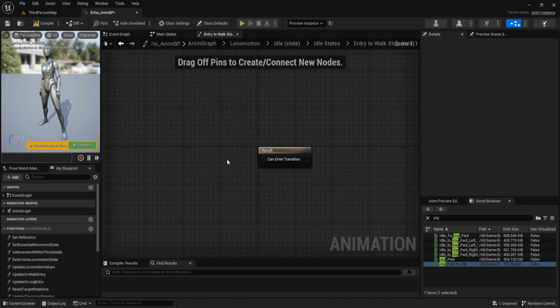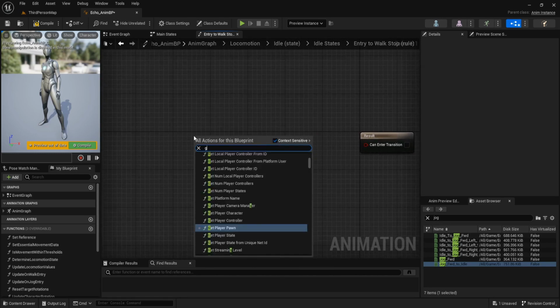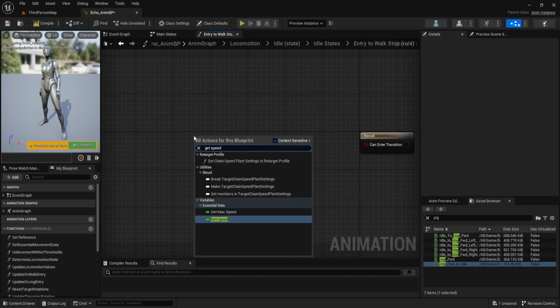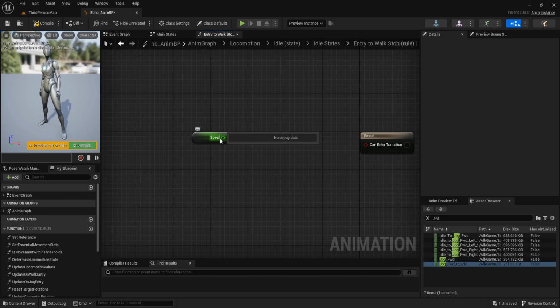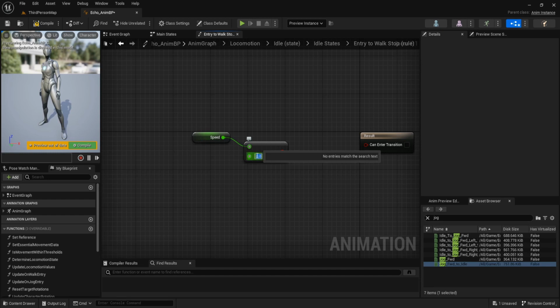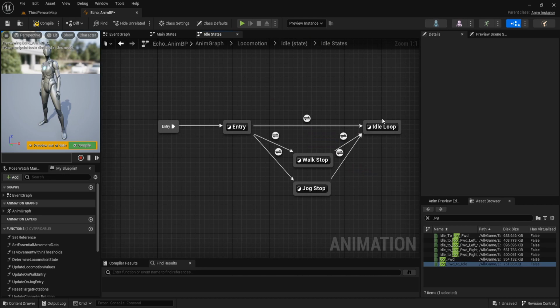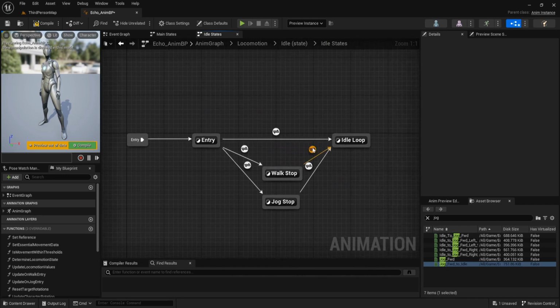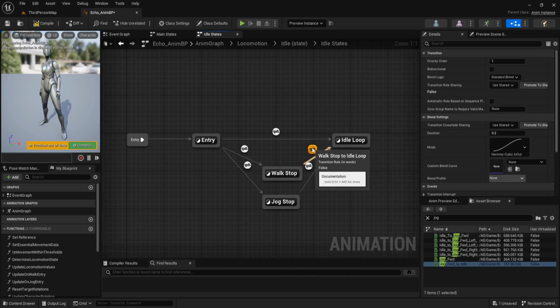And double click on it, then get speed. If the speed is greater than 1, we call the walk stop before we idle. In this transition, we set the automatic rule based on sequence player to true and set the duration to 0.5.